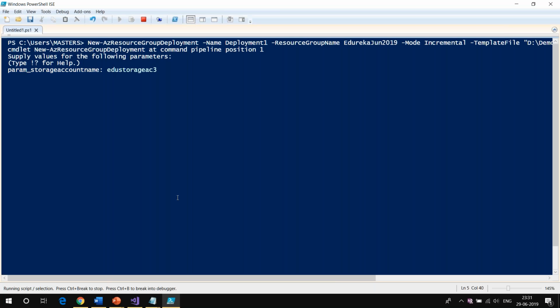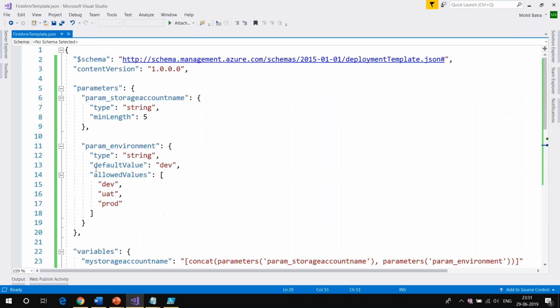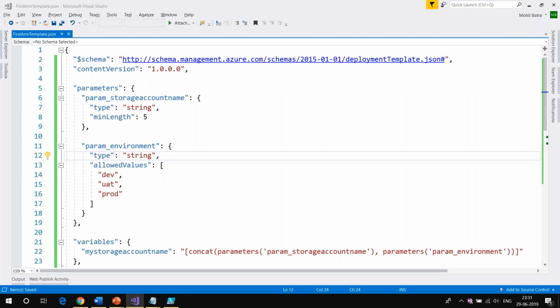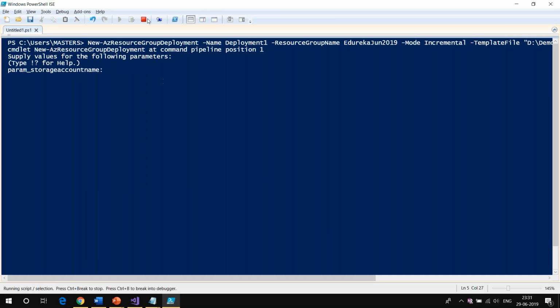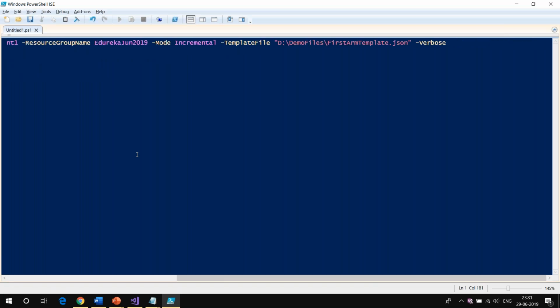Now the next parameter, because it has a default value, it is not going to ask me for this. So let me remove the default value. Let me cancel all this, clean up, and run this command again.